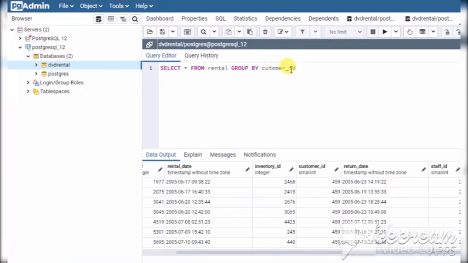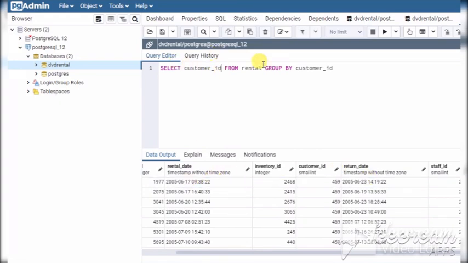Sorry for the spelling mistake. One thing we have to remember here: whenever we group by any column name, we have to mention only that column in the select statement. We cannot mention other columns such as inventory ID or return date or rental date.